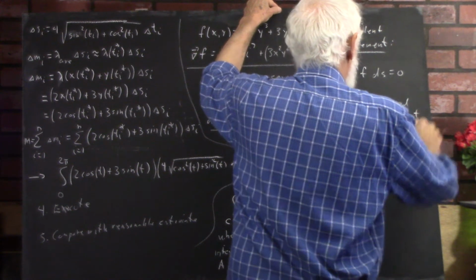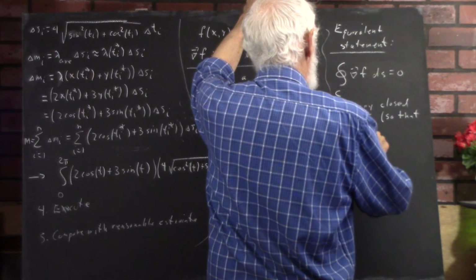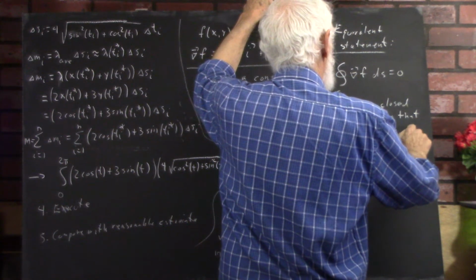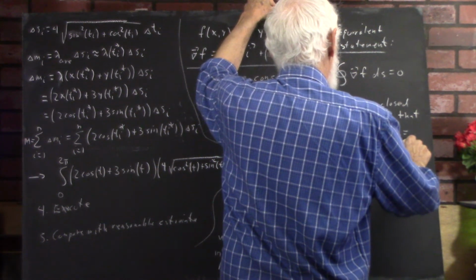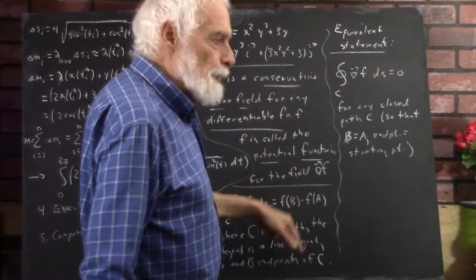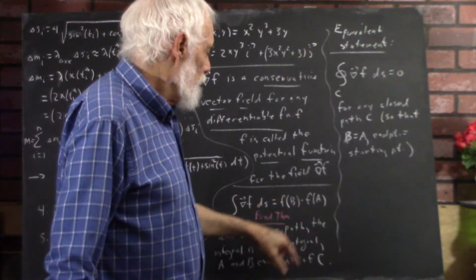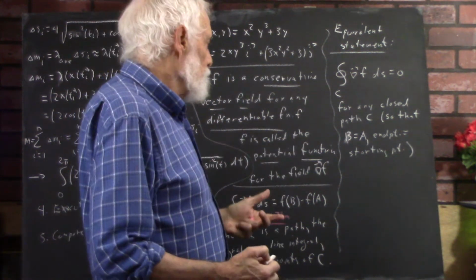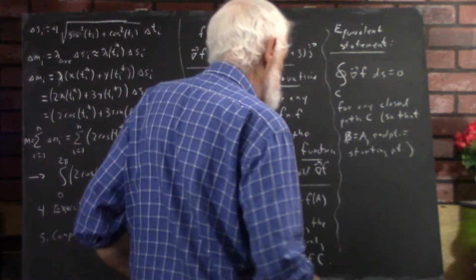So without stating that completely, I'll write it like this. So that B equals A, that is your endpoint equals your starting point, and then it should be obvious if your endpoint is the same as your starting point, both of these expressions have the same value. When you subtract them, you're going to get 0. And conversely, if when you subtract them, you're going to get 0, then if you have a curve